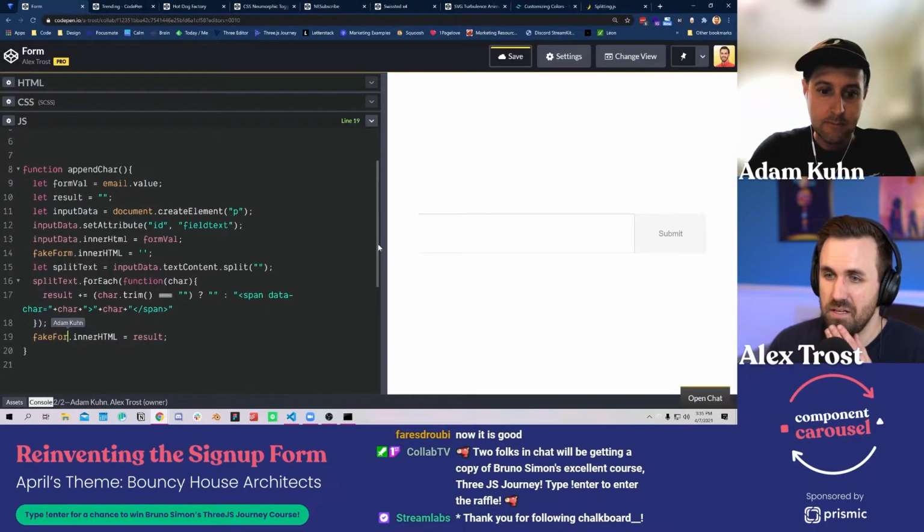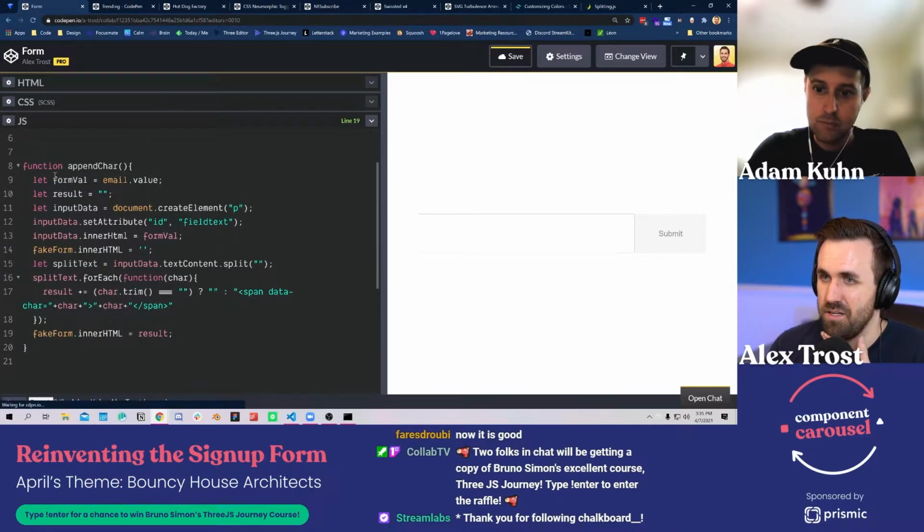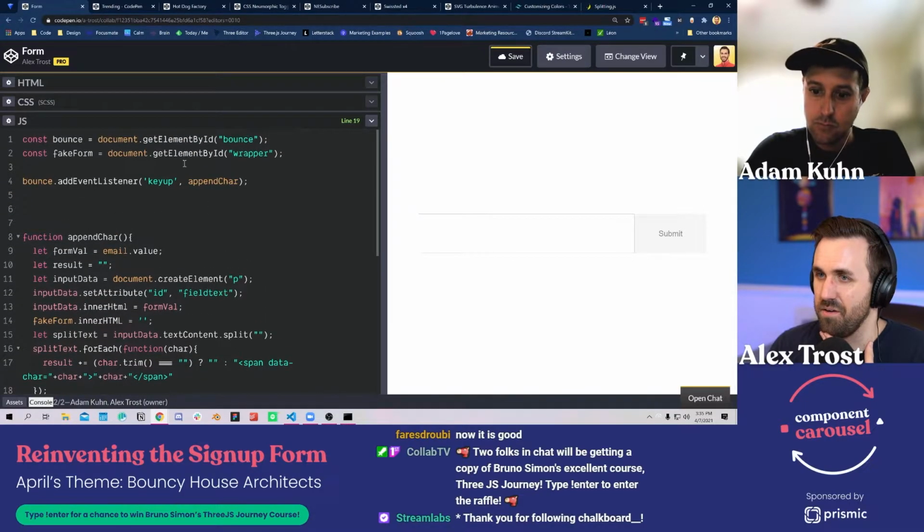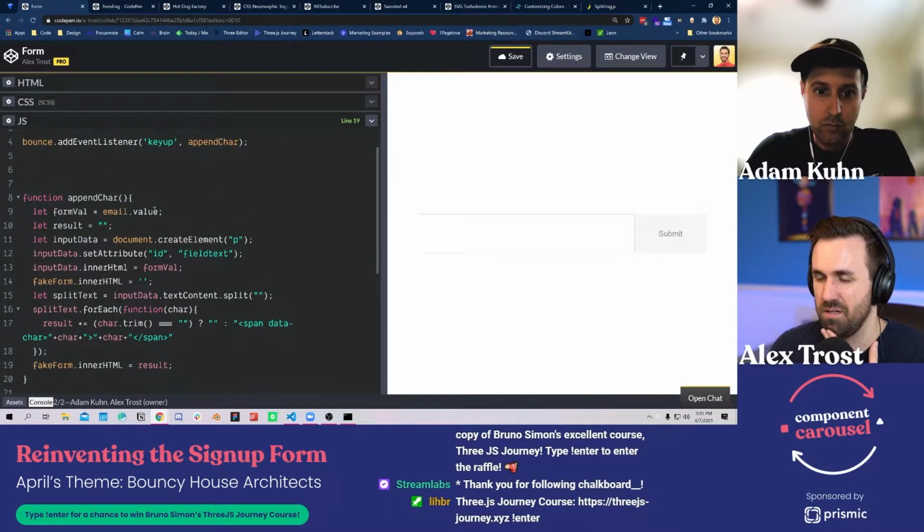All right, so form value equals email.value. And that's coming from...